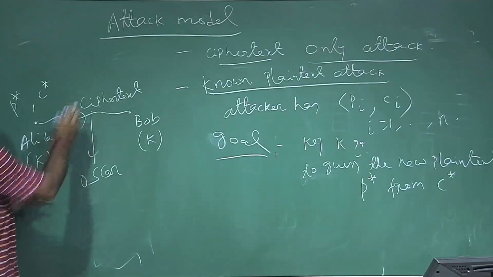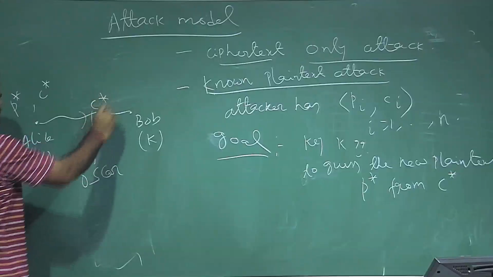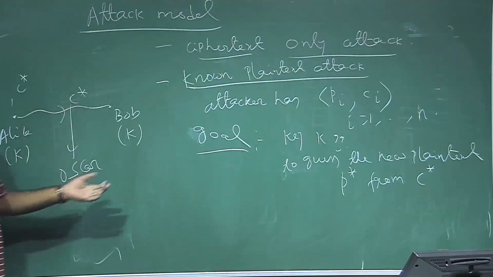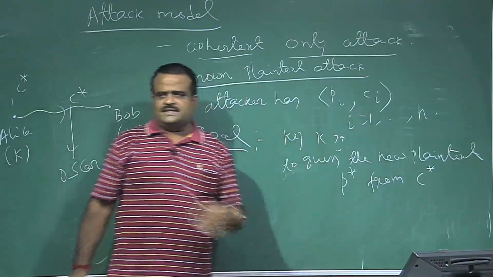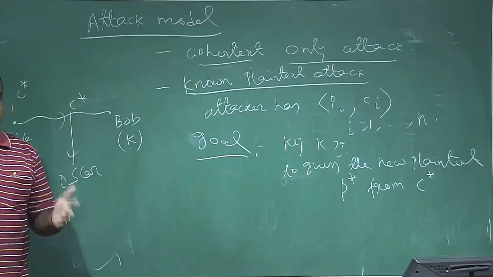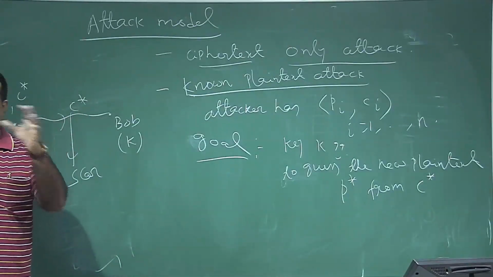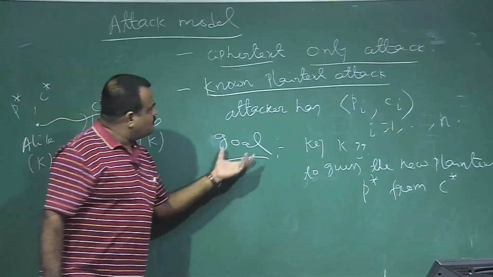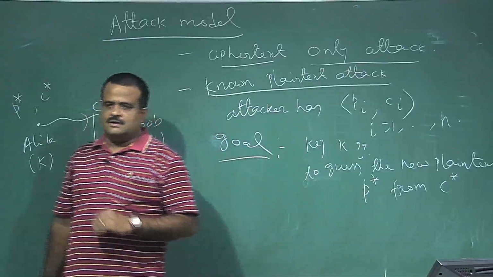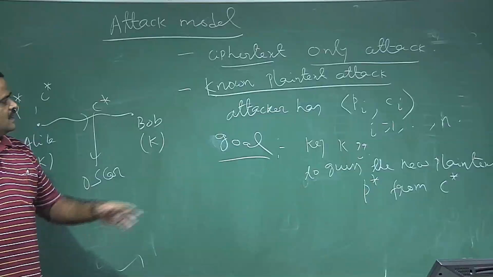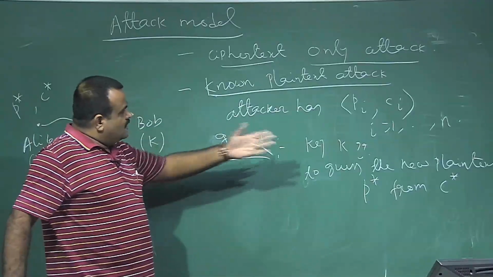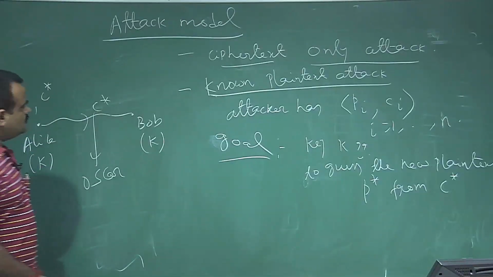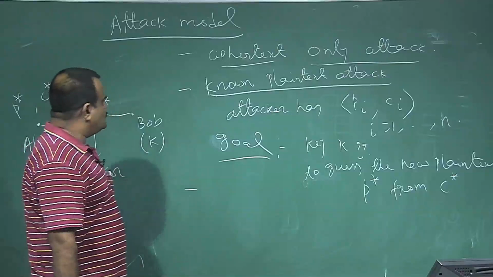So, C star Alice is sending to Bob over the public channel. Now, Oscar is hearing C star and Oscar has some old messages and the corresponding ciphertexts. So, the goal of the attacker is to guess the current message or get the key. That is also a big challenge, to get the key. So, this is one model, and another model is